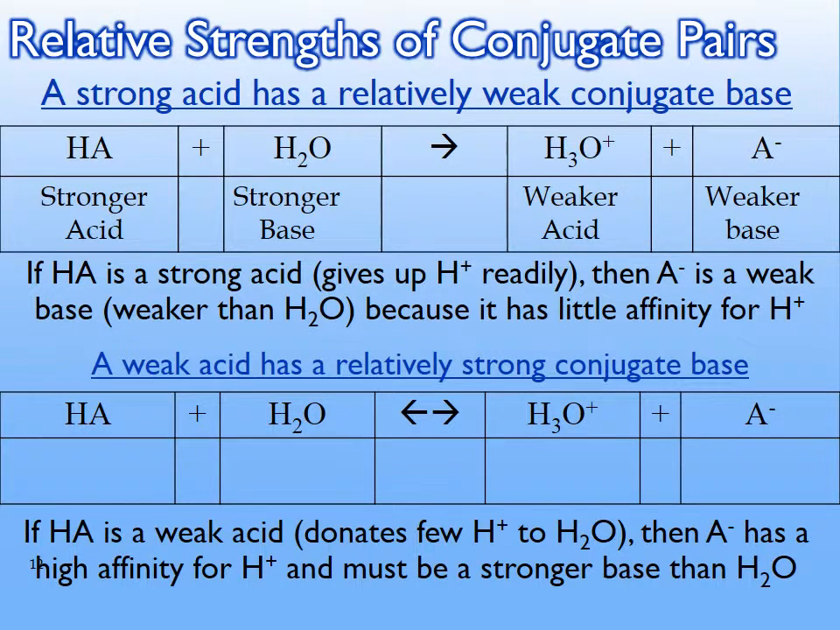Otherwise, the HA would be completely dissociated, but it's not, because it's a weak acid. So a weak acid is something that is only partially dissociated. So if HA is the weaker acid of what's available here, then it must mean that the conjugate base must be the stronger base compared to water, simply because